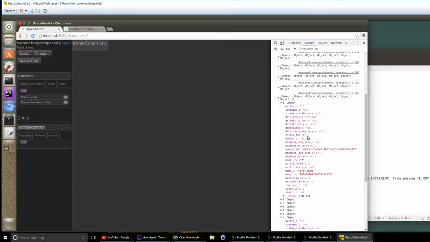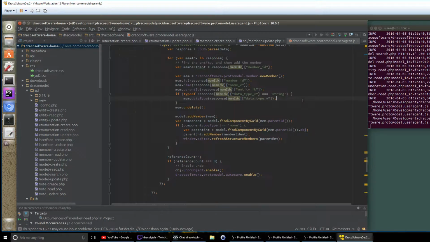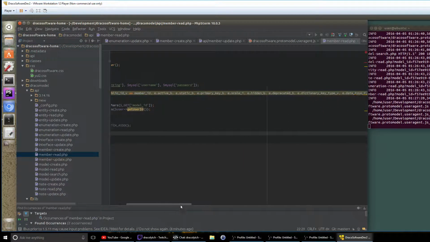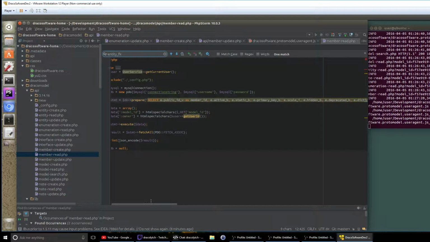So that should be the entity ID there. So a couple of things. All right, so first of all, when I do the member read, entity FK. All right, so when I do that,